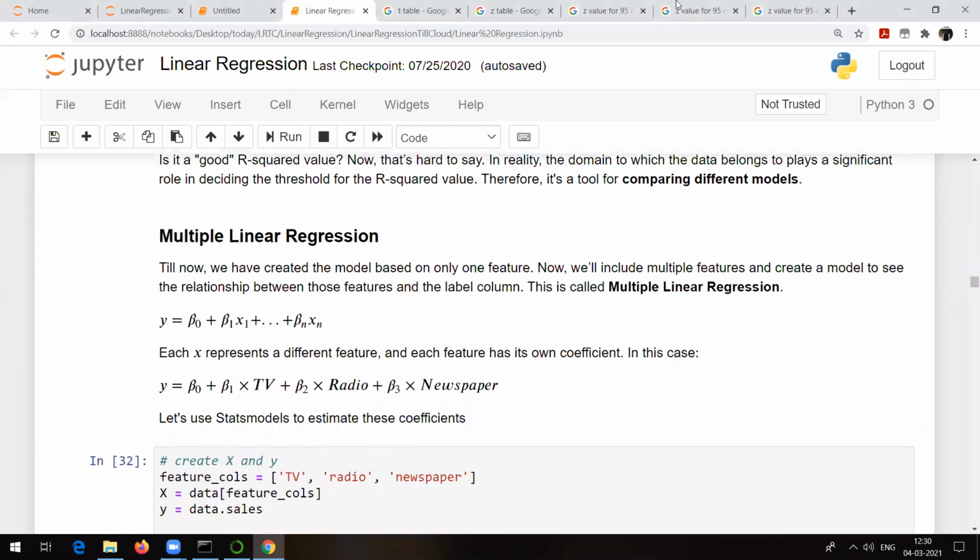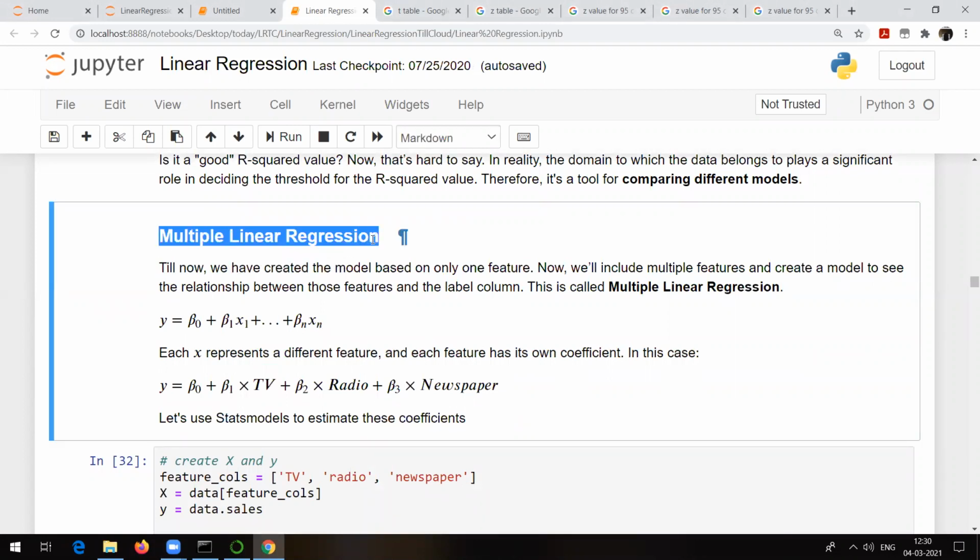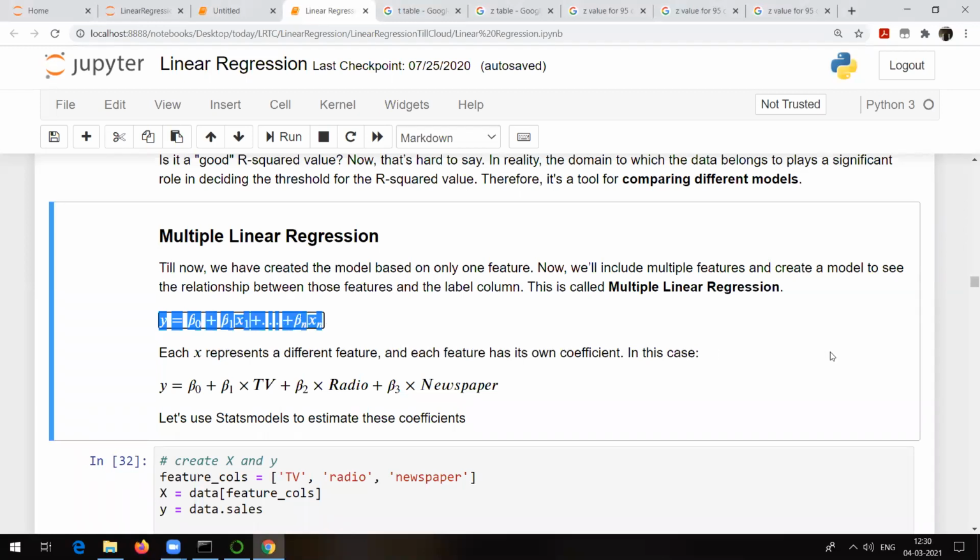Till now, whatever we have talked about was simple linear regression. Let's see a simple example of multiple linear regression. Simple linear regression was like y is equal to beta 0 plus beta 1 x. But multiple linear regression is going to be y is equal to beta 0 plus beta 1 x1 plus, and so on, beta n xn. In real time also, we never try to predict something on only one input variable. We always try to make use of multiple input variables. That is called multiple linear regression.